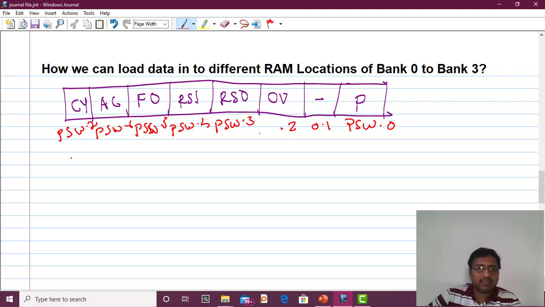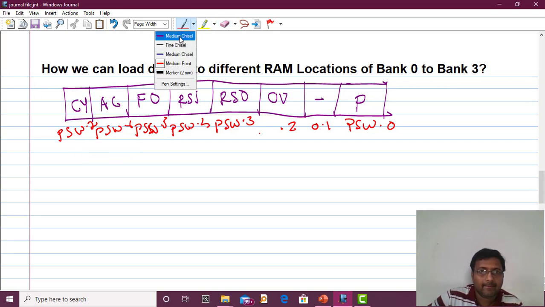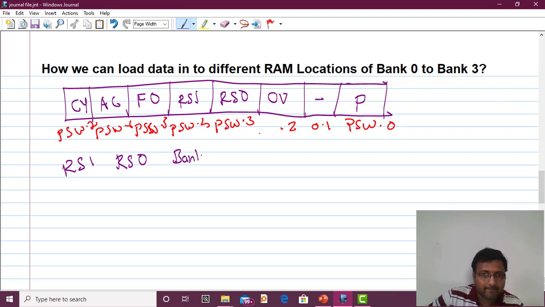Okay, so RS1 and RS0 are responsible for bank selection. We first write RS1 and then RS0, and then the bank number.